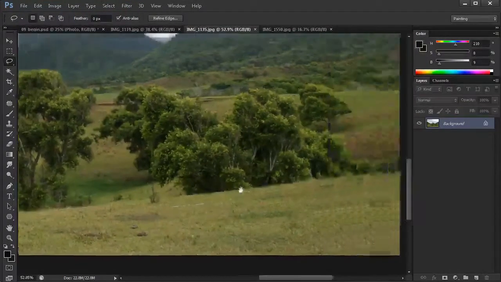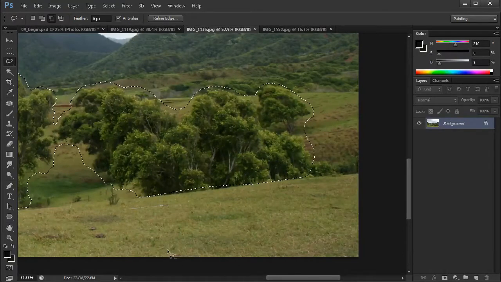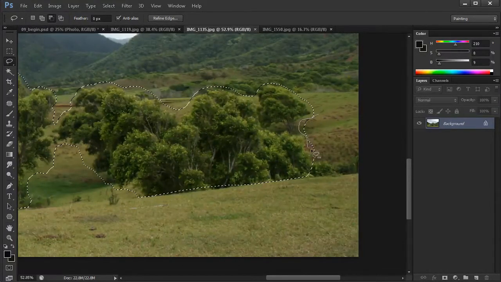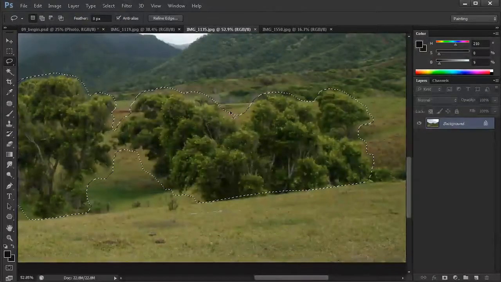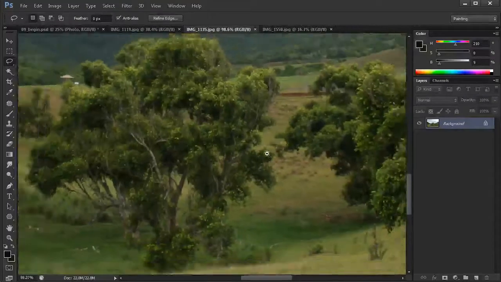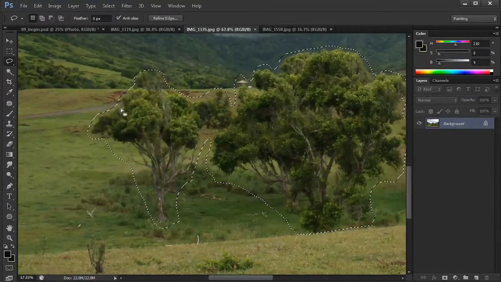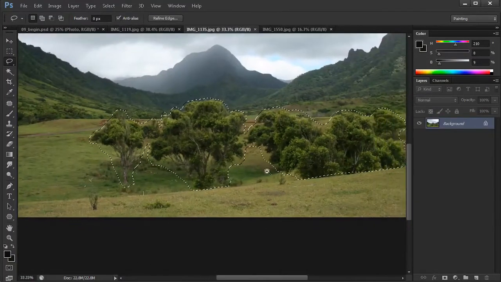We can just hold down the Alt key and remove that from our selection. Don't need to be perfect. We're going to take another step once we get this over into our image to remove this. So there's that road I was talking about, in the background, right along here. We're going to take special care to make sure that doesn't show up, because that's definitely not going to